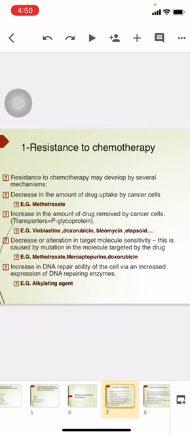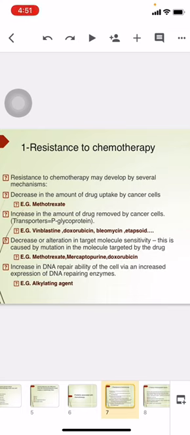On the other hand, there is increasing the amount of drug removed by the cancer cells, which is called drug efflux, caused by the presence or development of a co-transporter like P-glycoprotein, which is responsible for removing the drugs rapidly from the cancer cells, as occurs in different chemotherapeutic regimens containing vinblastine, doxorubicin, bleomycin, and etoposide, together with decreasing or alteration in the targeting molecule sensitivity, like